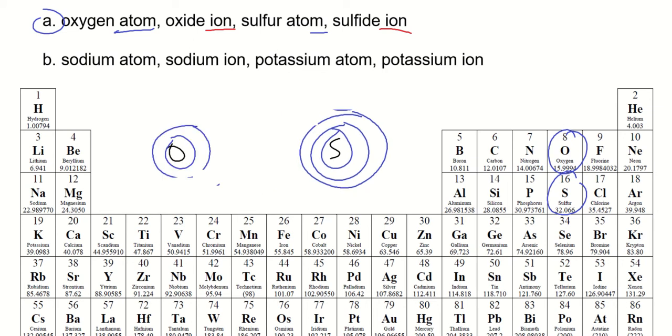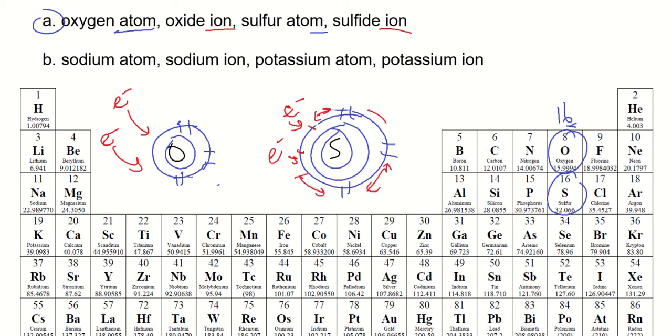All right. When atoms gain electrons, oxygen has 6 valence. They both have 6 valence electrons because they're in group 16. That's how you know the last digit of that group number. Now, when they both gain electrons, which they'll both want to gain 2 electrons to achieve the octet rule, when they do that, they're going to get bigger, much bigger, because those 2 added electrons now increase the repulsion of all the other electrons. And not only that,